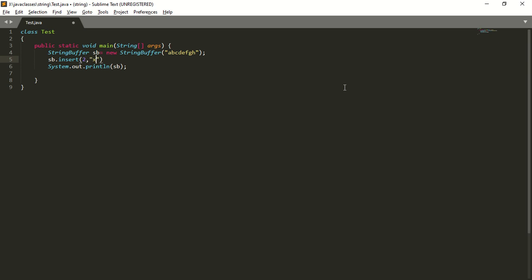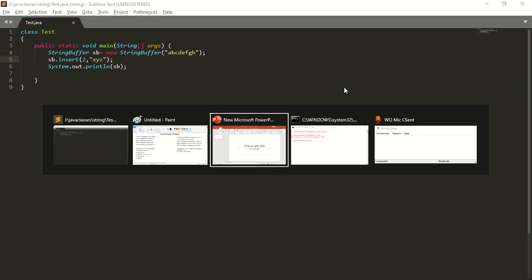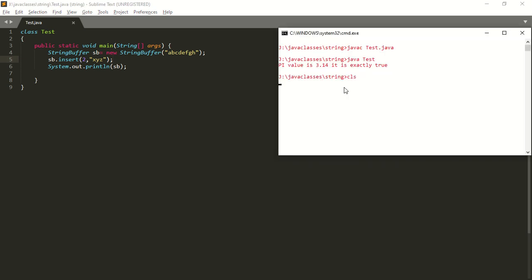We are inserting X, Y, Z. So save this program, compile. So run the code. What will be the output? Output will be AB, XYZ, CDEFGH. Okay.